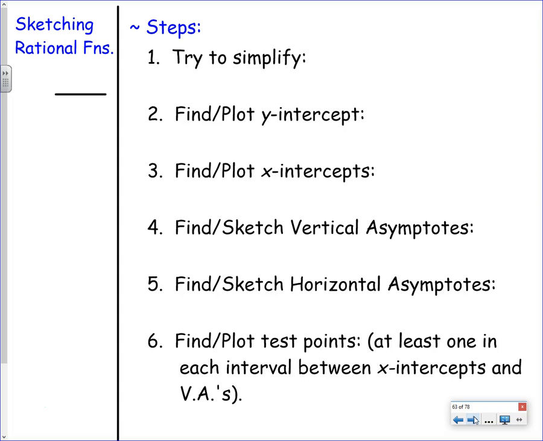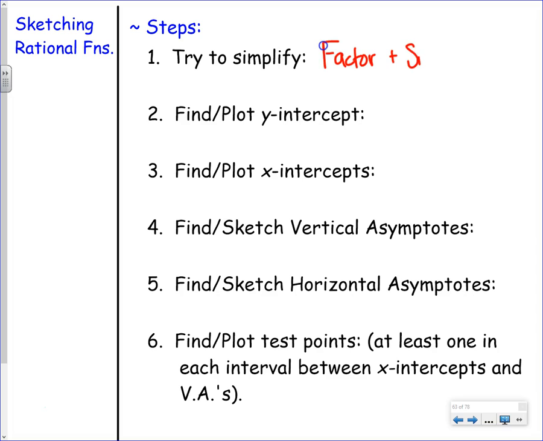What do you think of if you need to sketch a rational function? This is my way of telling you what to do when your homework says sketch in section 2.6. I'm just going to get through the steps very quickly, Chris, but hold on to that if you can. My very first step would be to factor